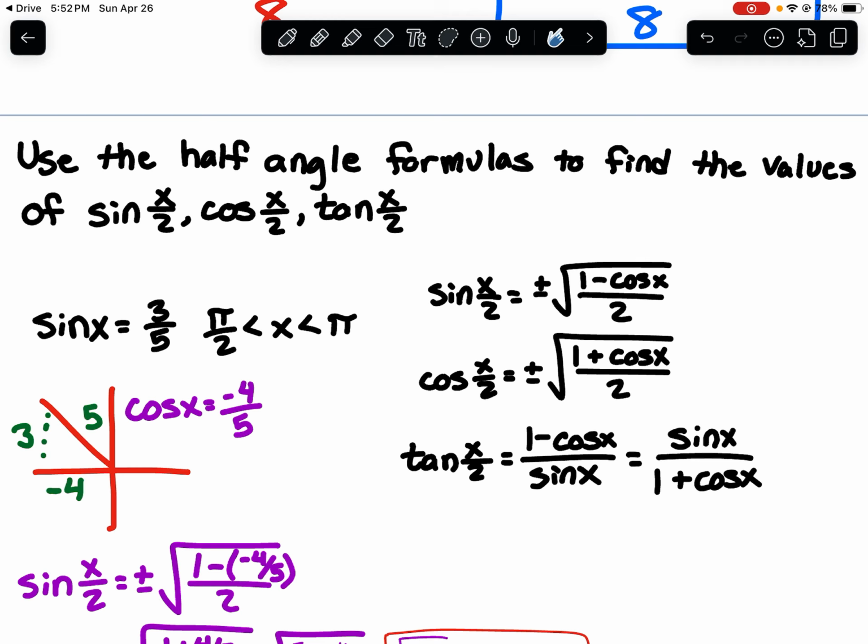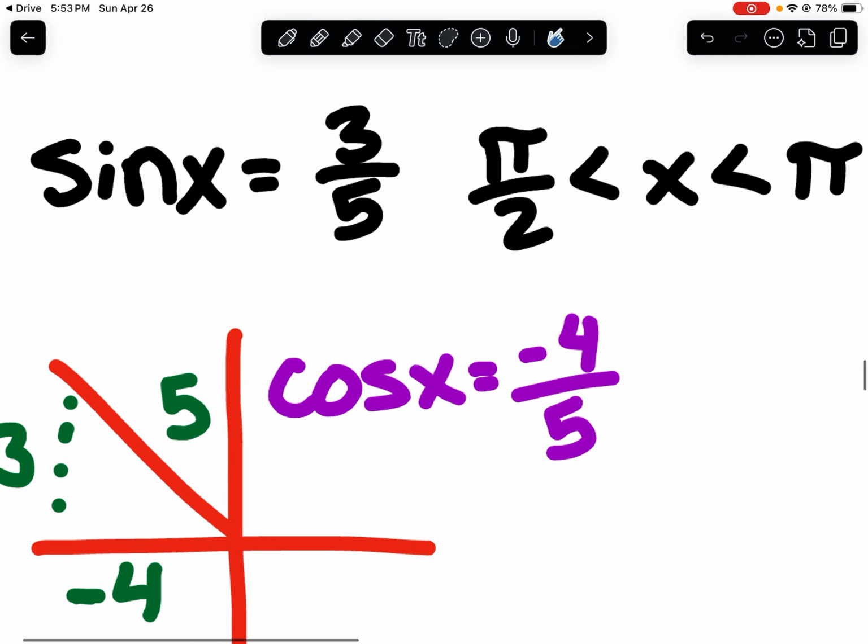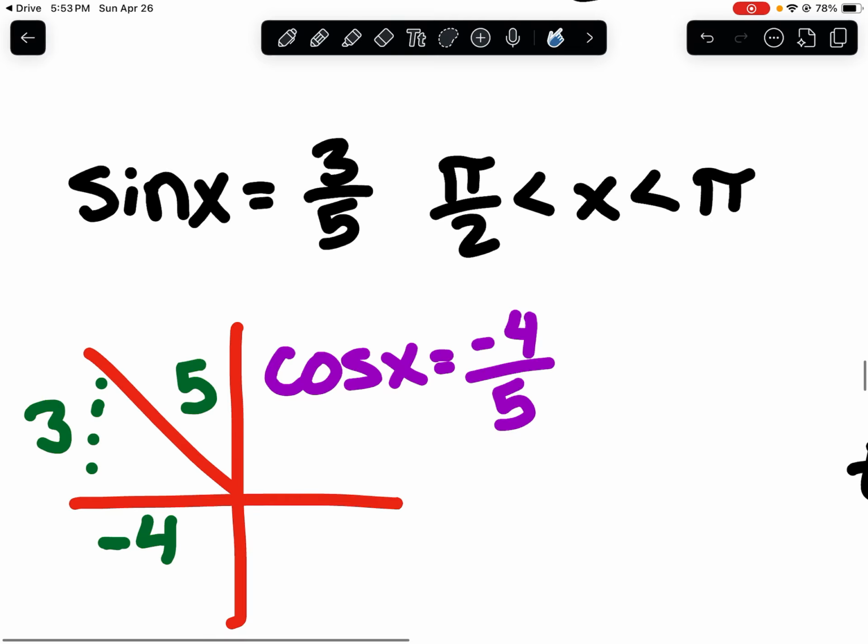Going on to half angle formulas then. So half angles are going to be maybe a little bit more similar to the double angles that we started with, just different formulas that are maybe a little bit more complicated looking. And so if we're going to use the half angle formulas to find the values of sine x over 2, cosine x over 2, and tangent x over 2,